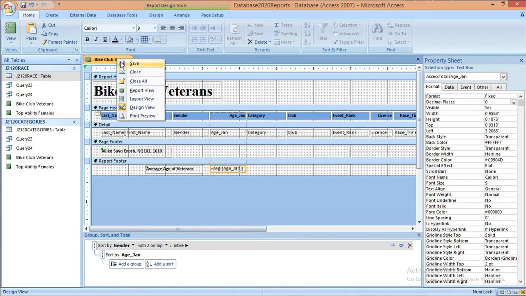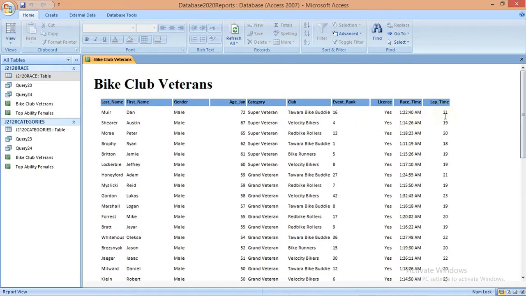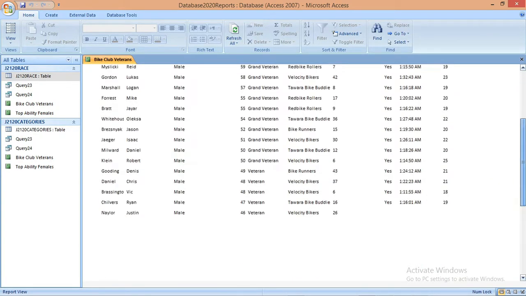So report view. Okay, you can see now bike club veterans, and you can see last name, first name, male, age, Jan, category, club, event rank, license, race time, lap time, and this lap time is integer. Okay, and you can see this is in descending order of age, Jan, and you can see this ascending order of gender. And if I scroll down again,